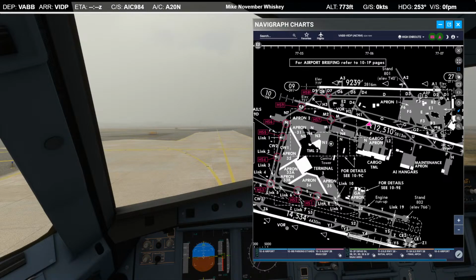Could you repeat? Air India 984 taxi to stand Alpha 9 via Papa November Charlie Whiskey 1. To stand Alpha 9 via Papa November Charlie Whiskey 1. Air India 984.